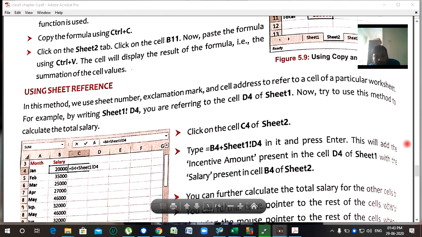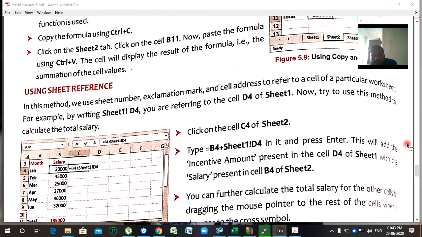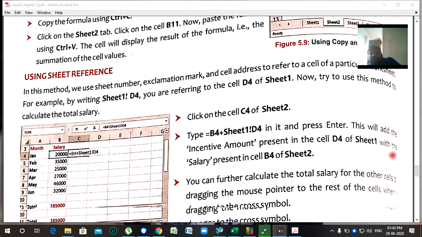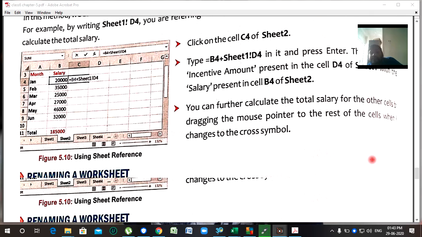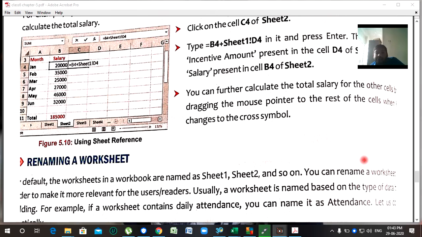In this method we use the sheet name, exclamation mark, and the cell address to refer to the cell of the particular worksheet. For example, by writing Sheet1 exclamation mark D4, you are referring to cell D4 of Sheet1. Now we use this method. One method is just copy and paste. Another method is using the sheet reference, followed by the exclamation sign.